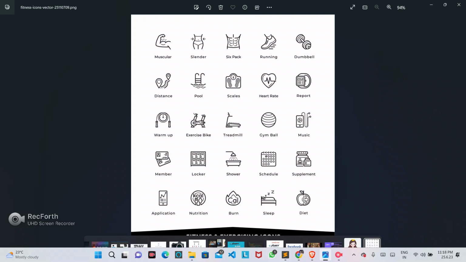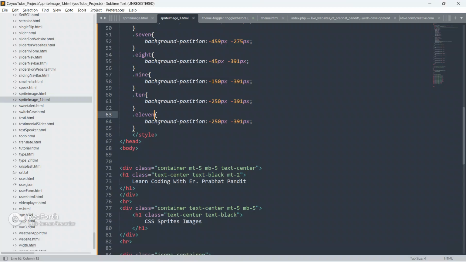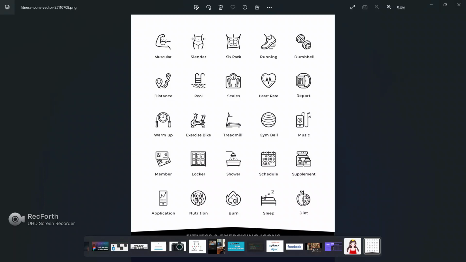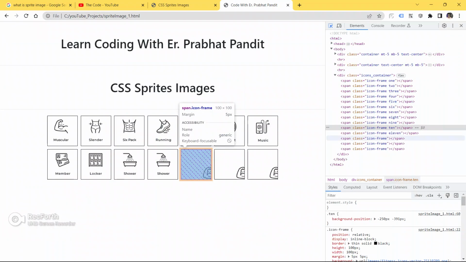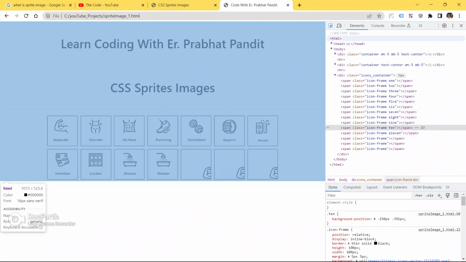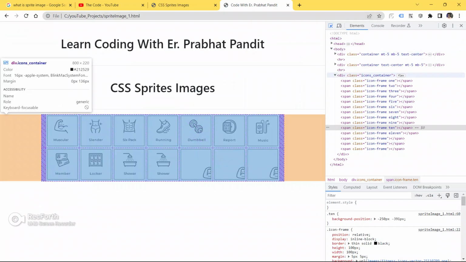This is known as sprite image guys. We have got so many icons in a single image, and using the very important CSS property known as background position, we are able to get different icons in our square.